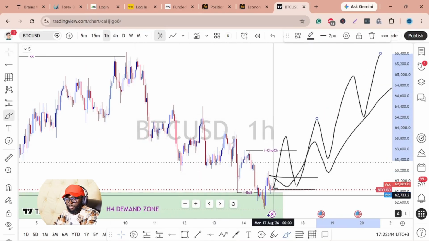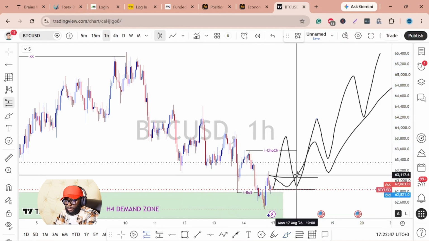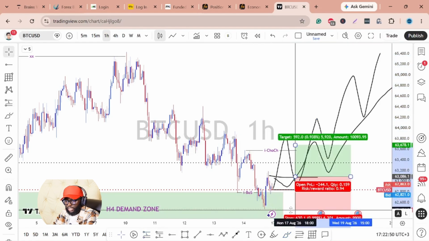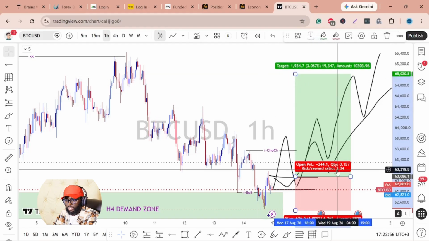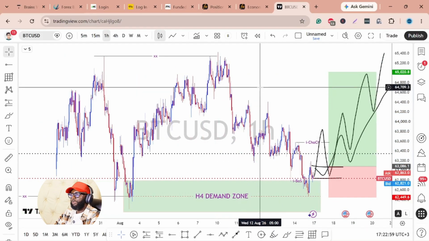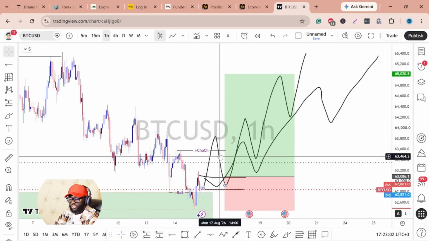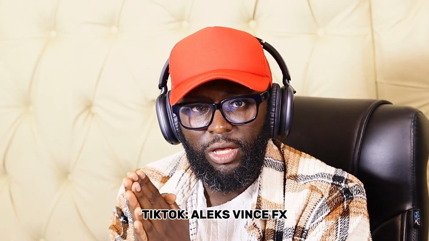So if price breaks this level and pulls down here, this will be the setup that I will be taking on BTC USD. You can have a 1:3 risk reward ratio from that level over there. So again, you just have to wait, be patient enough for price to break this level. So that is it for the weekly market analysis, guys. I'm hoping that you enjoy your new trading week. Whatever I've given you in this in-depth analysis are A+ setups that are highly likely to set up during the new week open. So be on the watch out.